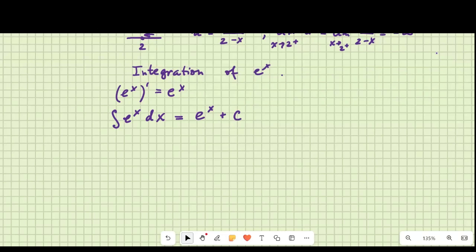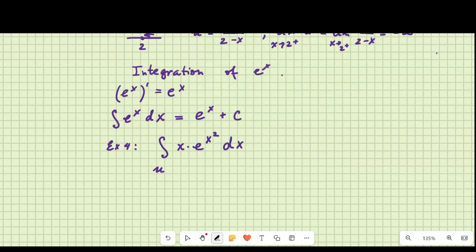For example, that's going to be my example 4. Let's integrate x e to the power of x squared dx. Let's find the indefinite integral of x e to the power of x squared. Well, guys, when you see something like this, we don't know the integral of e to the power of x squared. We actually do know only e to the power of x. It's supposed to tell you that you're supposed to use a substitution here.